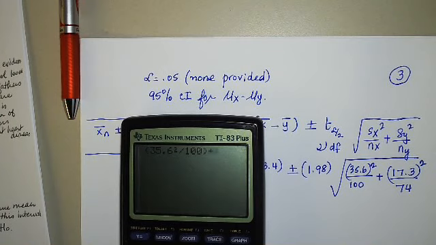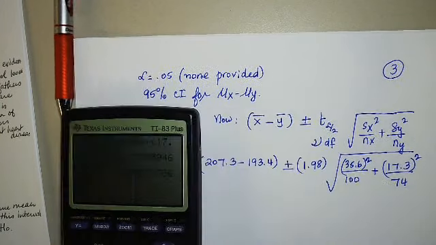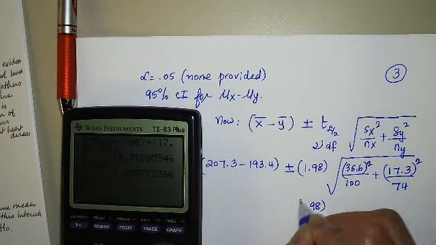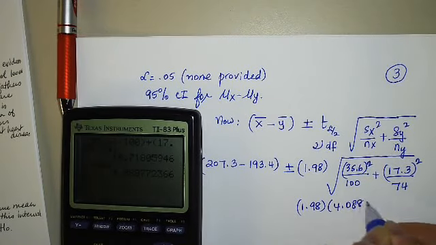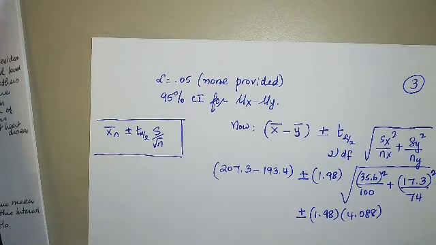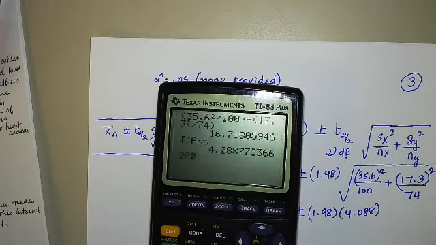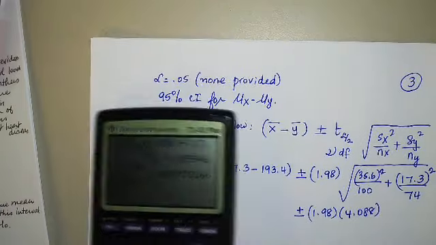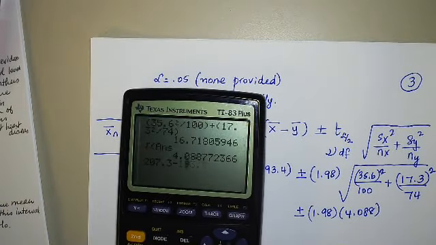Let's work on this part first. So 35.6 squared divided by 100 plus 17.3 squared divided by 74, and take the square root of that. 4.088, so 1.98 times 4.088,